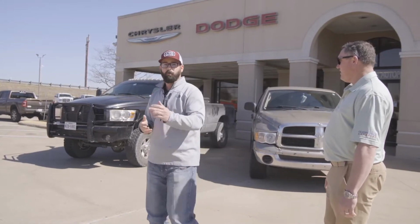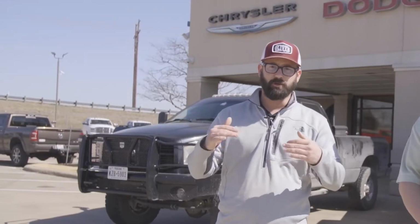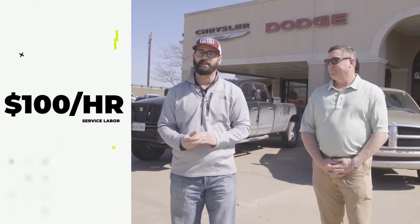So basically how the program's gonna go is we're discounting parts and labor down, and essentially we're trying to be competitive with the aftermarket shops and independent shops that we have here in town. We don't believe that you should be charged that much more just to justify overhead and not get the same warranty, or even a better warranty, than you have at the various shops that we have available right off 82 or 35. So what we've done is we're doing a flat $100 an hour,